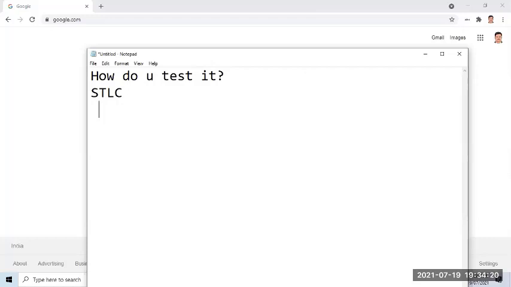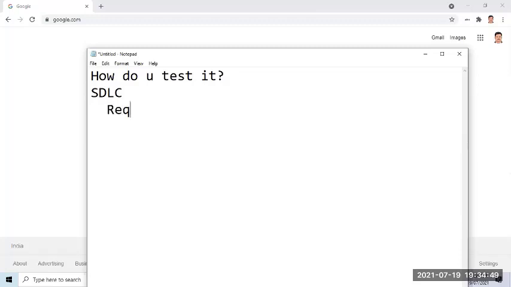Requirement collection. Am I talking about software development life cycle or software testing life cycle? Software testing. I hope you are not getting confused with that. Maybe you are new to this. I hope you know SDLC also, software development life cycle. Can you tell me what the stages in software development life cycle are?